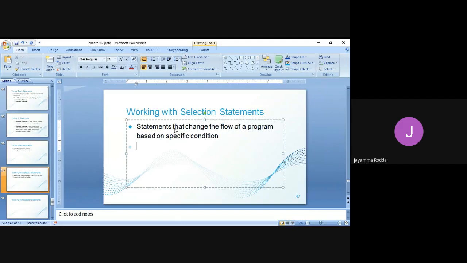Say, for example, if you are present from the starting of the class to the completion of the class, then only you will be considered as present for the class. If you leave in between, you are not considered present. So what is the condition I am giving?